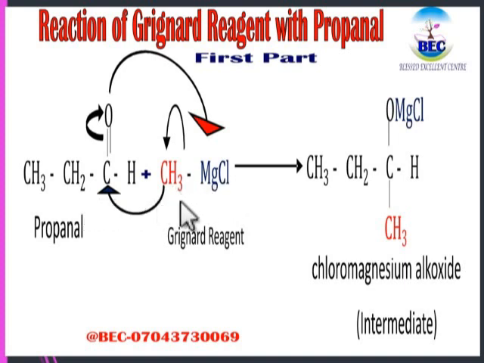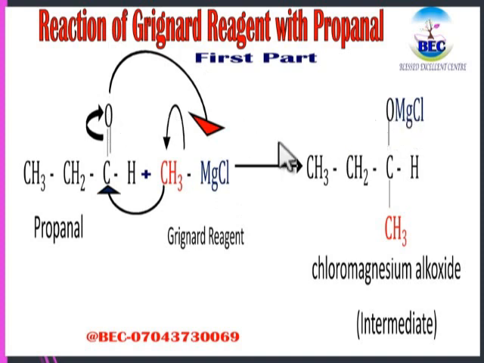So how will they react together? Look at the nature of the reaction. The arrow helps us to illustrate. When you break this bond this way, the oxygen here will be negatively charged and the carbon here will be positively charged. Then when you break this bond this way, according to this arrow illustration, the methyl group here will be negatively charged and the magnesium will be positively charged. The next thing is for them to exchange their charges. Look at the way this arrow illustrates, showing you that this MgCl, that is magnesium chloride, that is positively charged, will be attached to this oxygen that is negatively charged, and that gives you